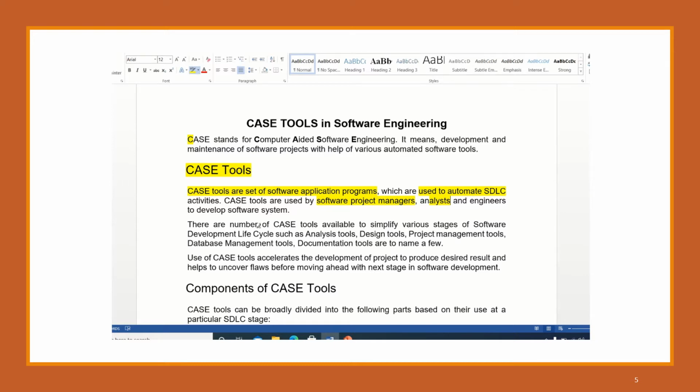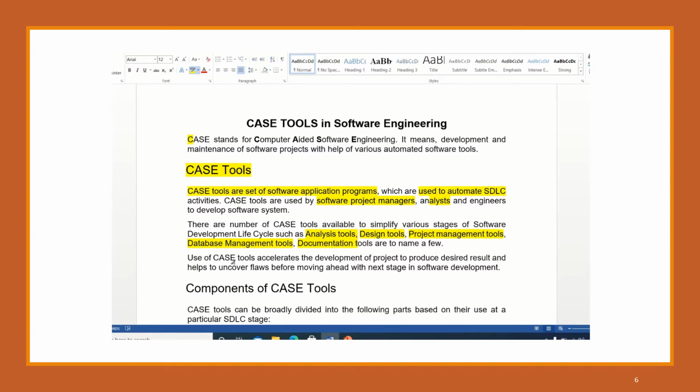And there are a number of CASE tools available to simplify various stages of the software life cycle, such as analysis tools, we have design tools, project management tools, we have database management tools, and certainly we have tools that are available for documentation as well.